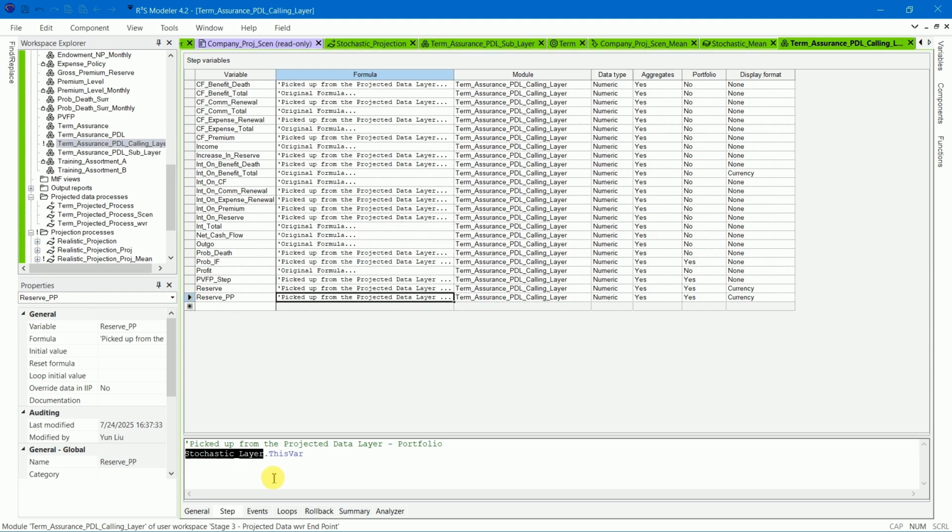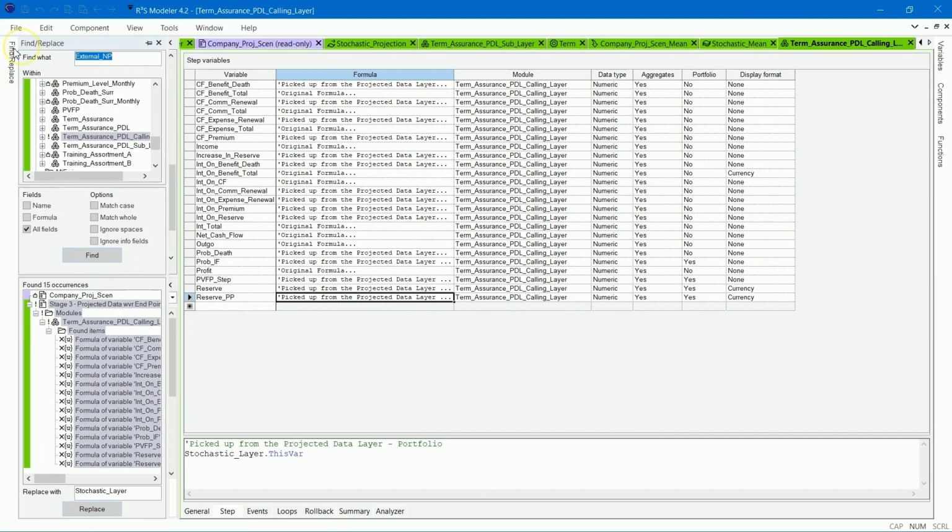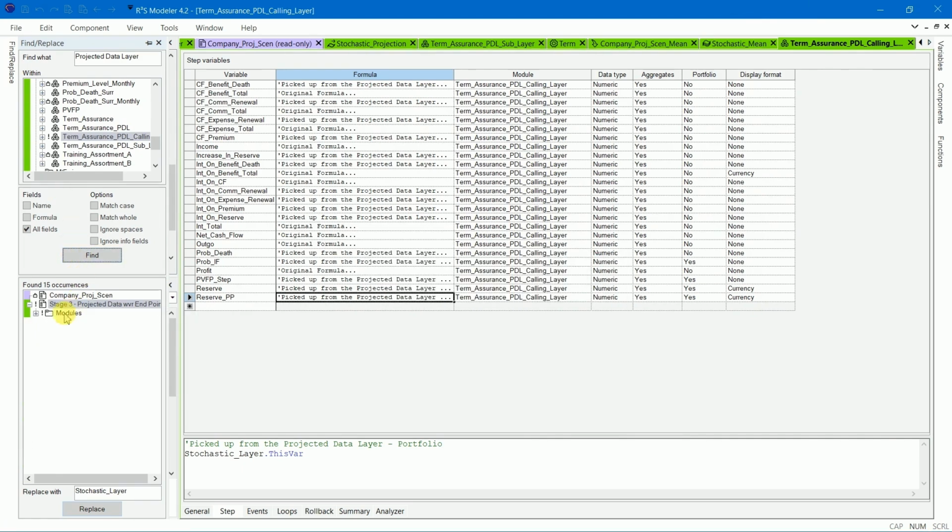We'll do the same for the comments. Type Projected Data Layer in the Find box again. Find all matches and replace them with stochastic layer.